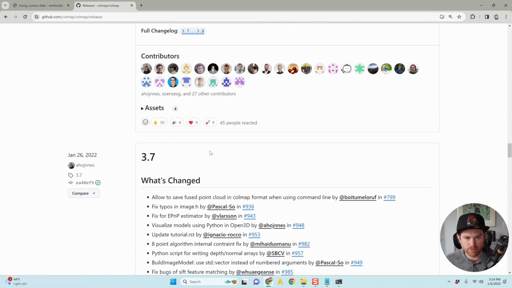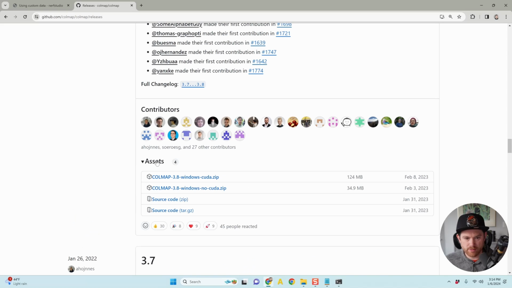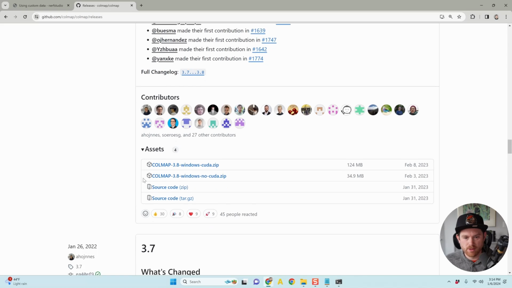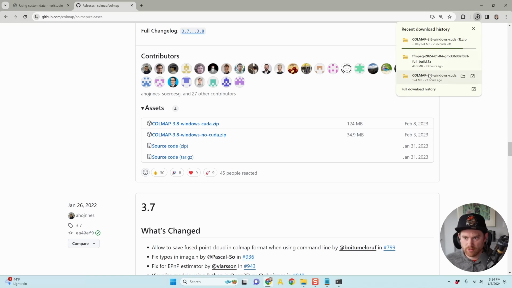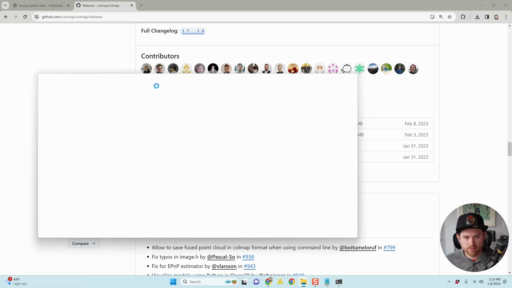So we're going to probably use 3.8 instead. Yes, so we want to go down here to 3.8, look at the assets, and get this ColMap 3.8 Windows CUDA.zip. It's going to download. It'll take a minute here, being a large file. As you can see, I've already done it before here recently, but if I just take this zip file,